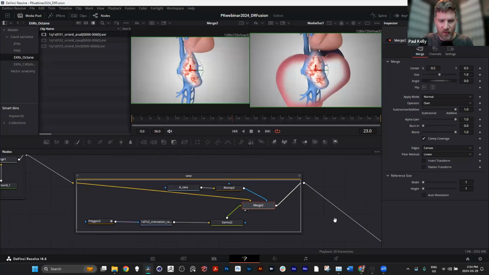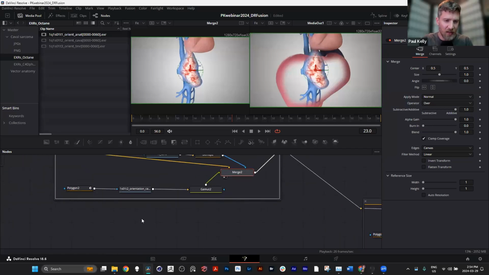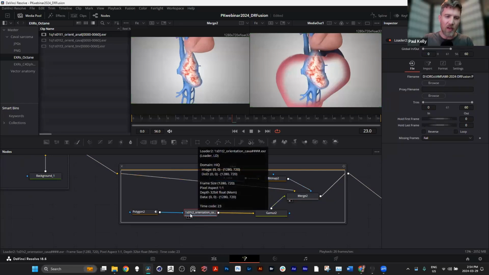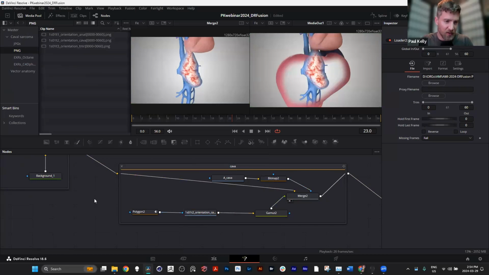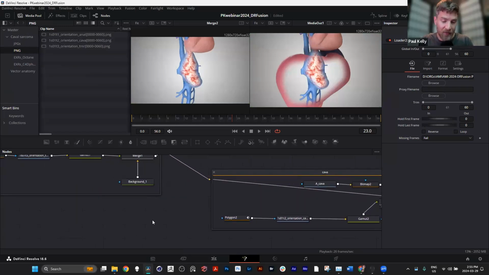Now, before I finish this off and go over and repeat myself yet again, I'm just going to note that the MediaIn nodes this time actually are not a MediaIn node. What I can do is, rather than click and drag this EXR or PNG or JPEG render sequence from the media pool, I can import it directly. And I would have to import it into the Fusion Workspace using this method if I want access to the render passes. So the way I do that is in the